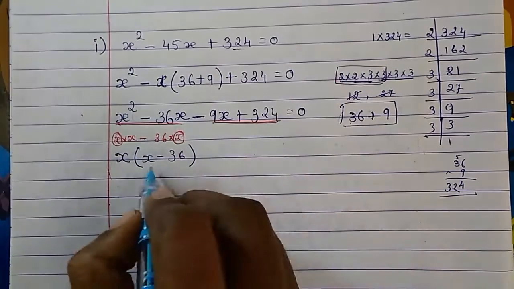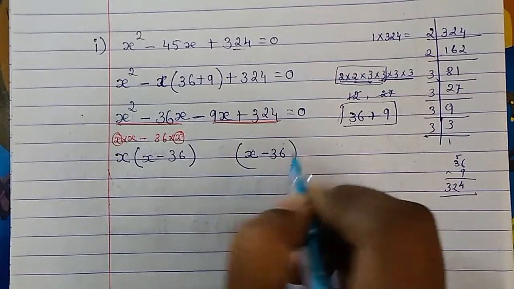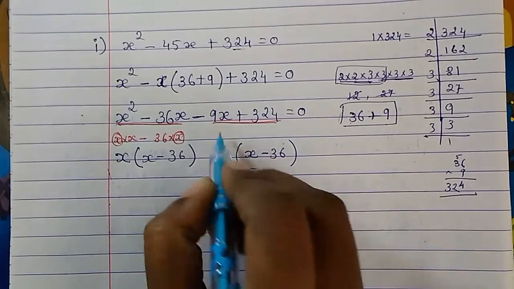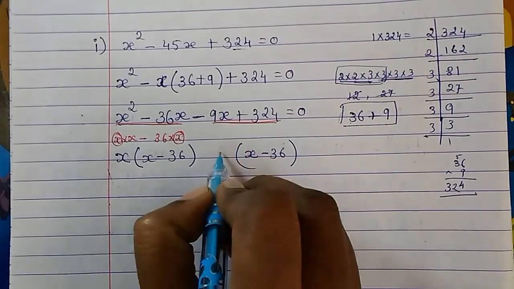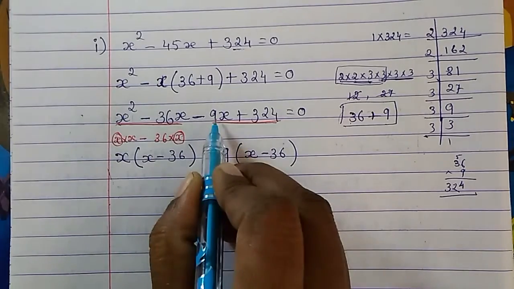Now here, what is in bracket, that only we'll write down. That's the easiest way. Now we'll write down the number which will balance this equation. So here 9x is there, here we have x, so minus is here, so minus 9. So minus 9 into x will give us 9x.